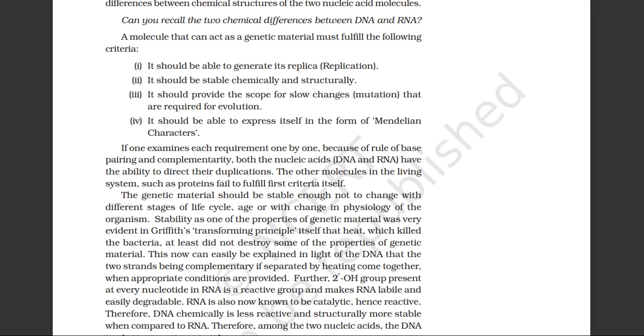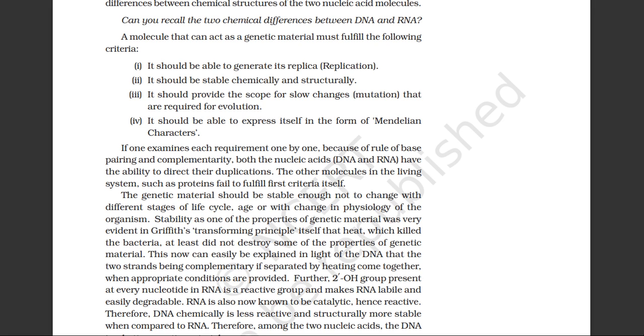The genetic material should be stable enough not to change with different stages of life cycle, age, or with change in physiology of the organ. Stability as one of the properties of genetic material was very evident in Griffith's transforming principle itself, that heat, which killed the bacteria, at least did not destroy some of the properties of genetic material. This now can easily be explained in light of the DNA: the two strands being complementary, if separated by heating, come together when appropriate conditions are